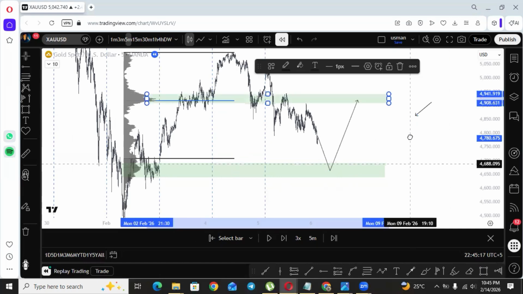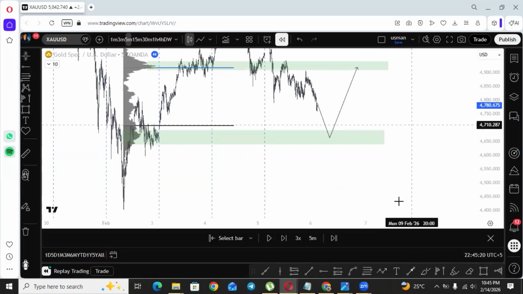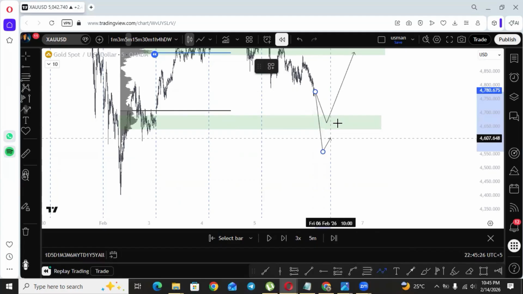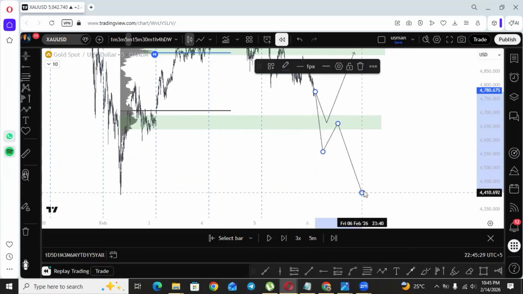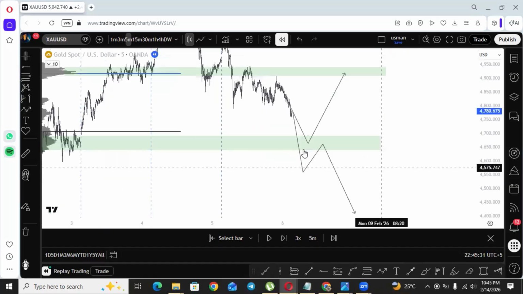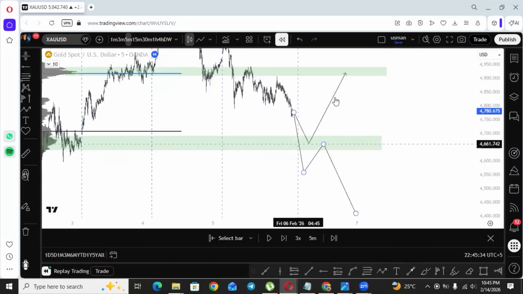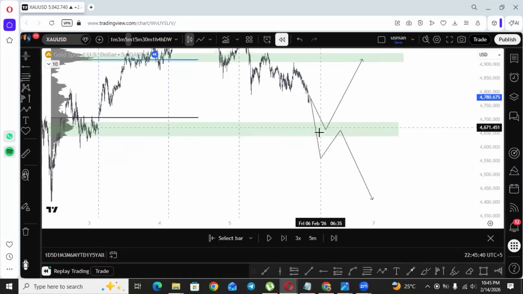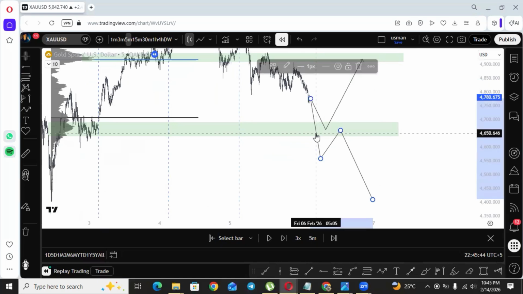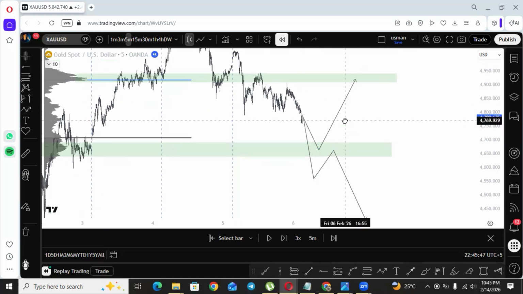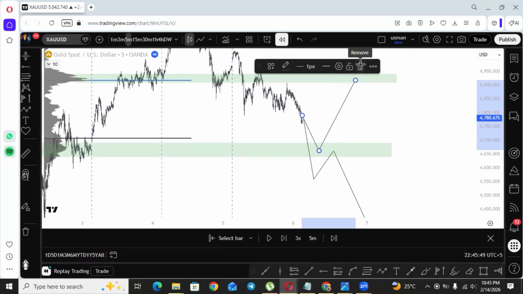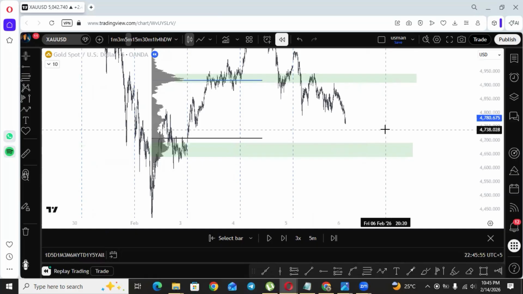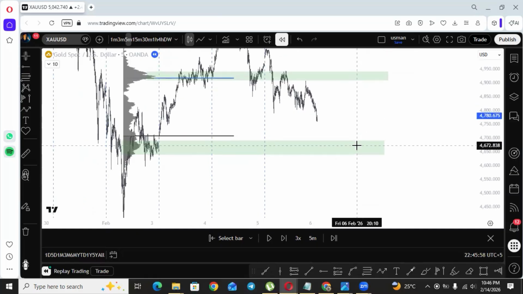Or what can the market do? The market may not respect our analysis, and will simply break this area, retest it, and go towards there. So we have to wait for the market to come into this area and show us some signal. If the market is trying to break this area, it will give us a signal before the move. If the market is going to respect this area, it will also give us a signal before the move. So we have to wait for the market to show us some signal. This is the bias for the day and the anticipation about these areas.